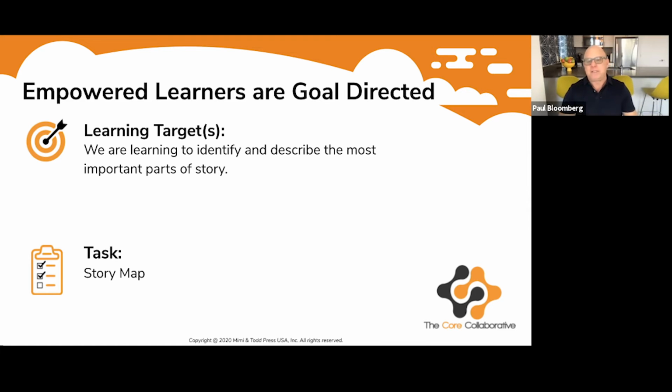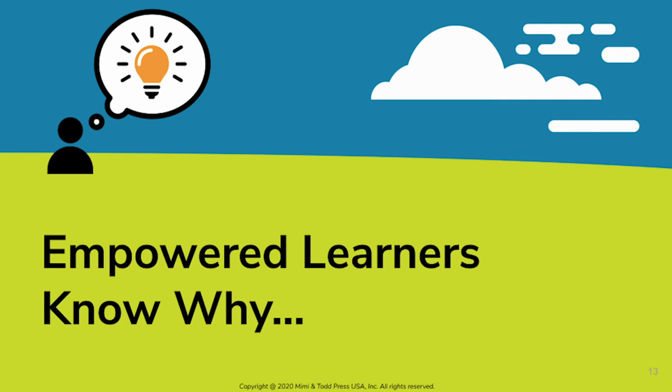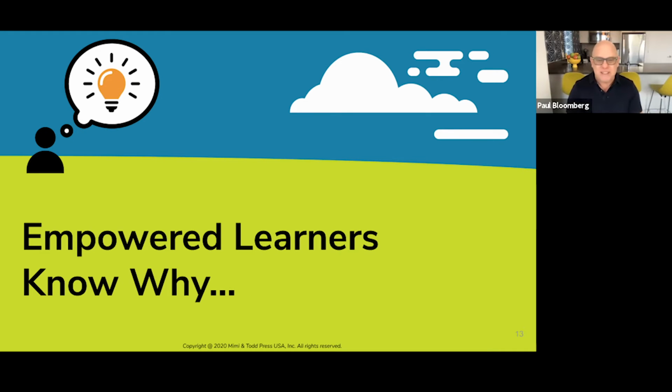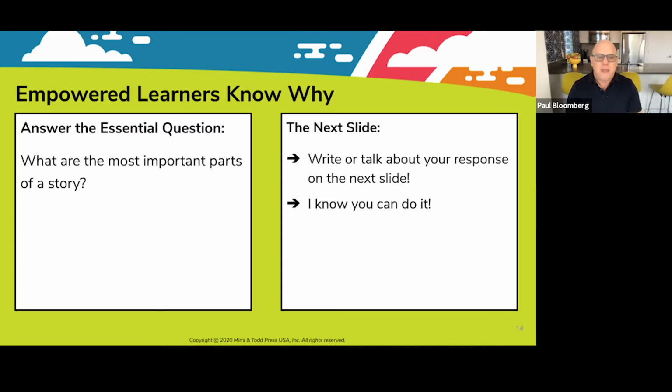In this particular example, you could scale this down to even K-1 kids through a read aloud. Then, to achieve clarity, which more than doubles the speed of learning for your kids, they need to really start to think about why they're learning this. So what we've done is we've laid out an essential question or a series of questions that align to each task. And this one, what are the most important parts of the story? This also helps them to activate their schema before they start.